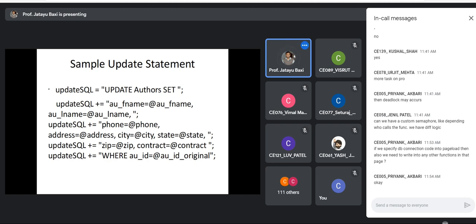That means whatever ID I give for the update, it will find the record with that ID, and then update the values as per the values I have supplied in the arguments.